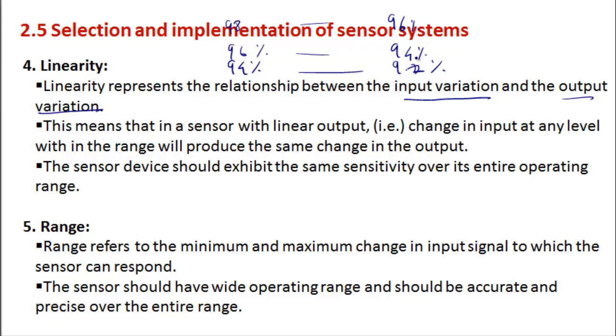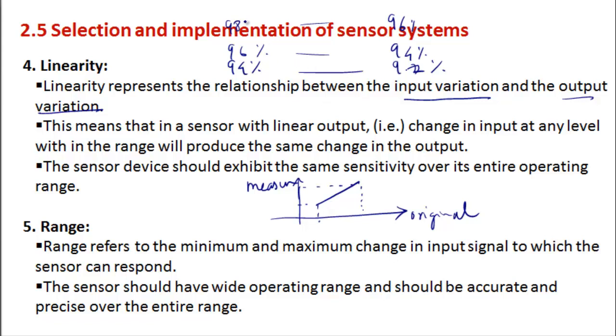So every sensor has a range in which it is linear. Suppose this is the original value, and this is the measured value. Generally when you draw the output of the system, you will say that it is linear within a particular range. That means it is having a linear value within a particular range, and linear is very important because,